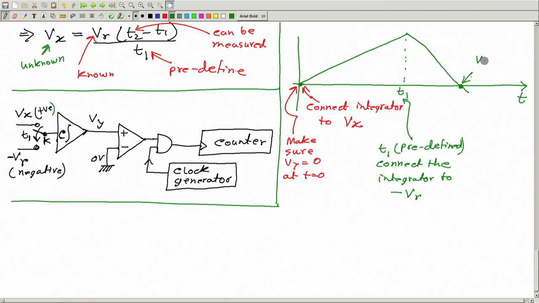the Vy crosses 0. Okay. So this comparator is put here to see when Vy crosses 0. The purpose of the comparator is this. The moment Vy crosses 0, something will change at the output, which will tell, okay, this is the point when Vy is becoming negative. Call this time T2. T2 is to be measured. Okay. So basically you have to measure this time,